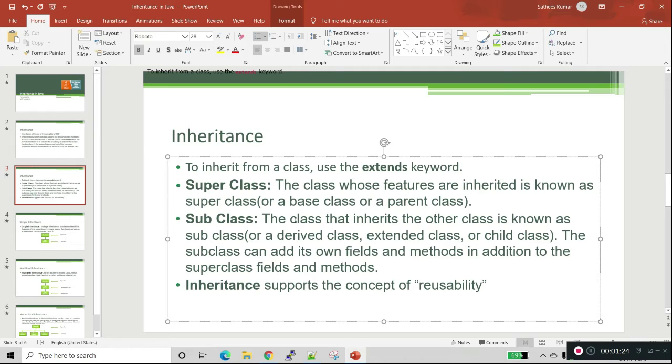A subclass is the class that inherits the superclass. It is also called a derived class, extended class, or child class. The subclass can add its own fields and methods in addition to the superclass fields and methods. Inheritance supports the concept of reusability.